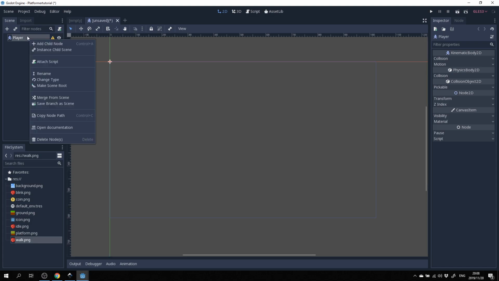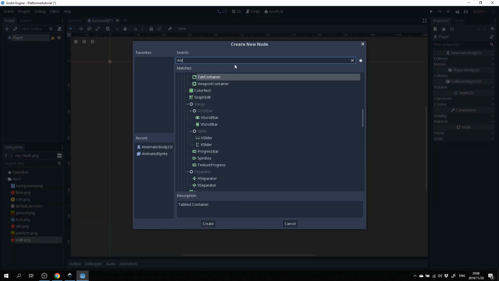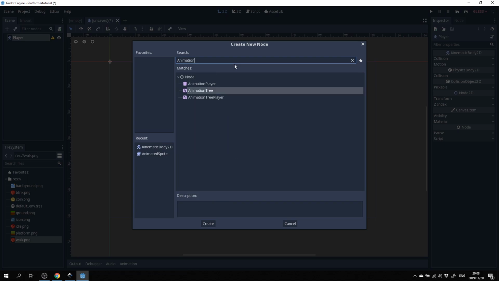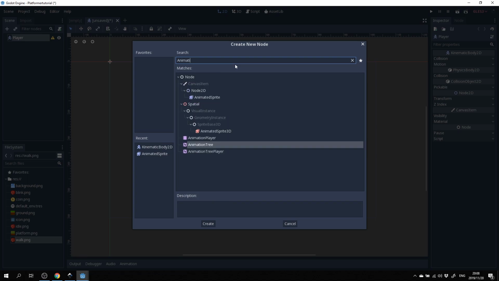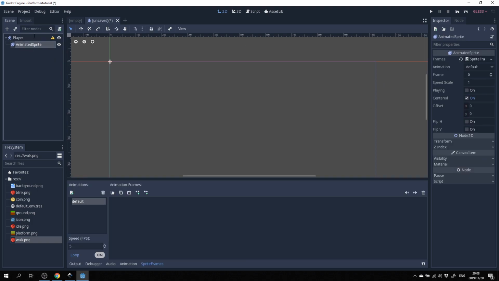And then to create our animations, we want to add a child node called AnimatedSprite. Then on the AnimatedSprite, we want to create new frames over here and click on it. You'll see you've got different animations over here now.